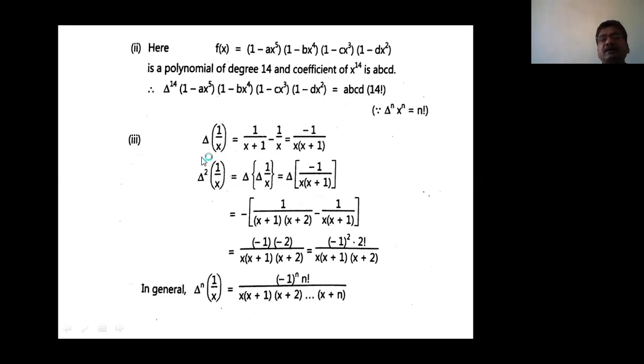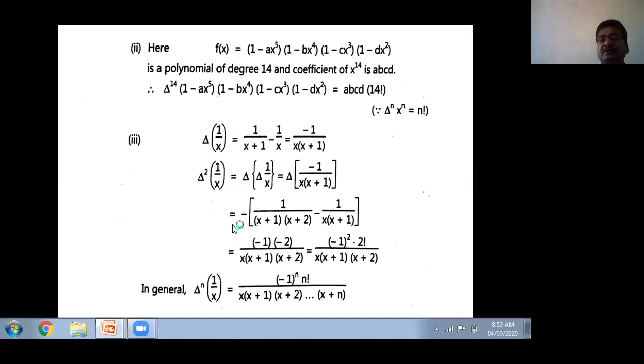Next problem: delta of 1 by x. We have to find delta raised to n of 1 by x. So how can we find delta raised to n of 1 by x? First find delta of 1 by x, then find delta square of 1 by x, delta cube of 1 by x. In this way, find